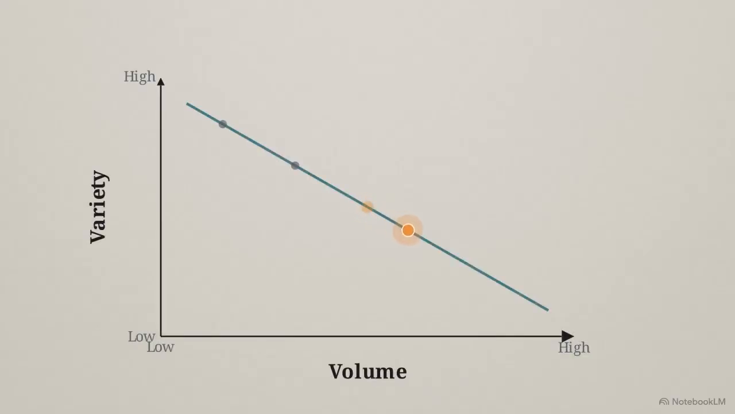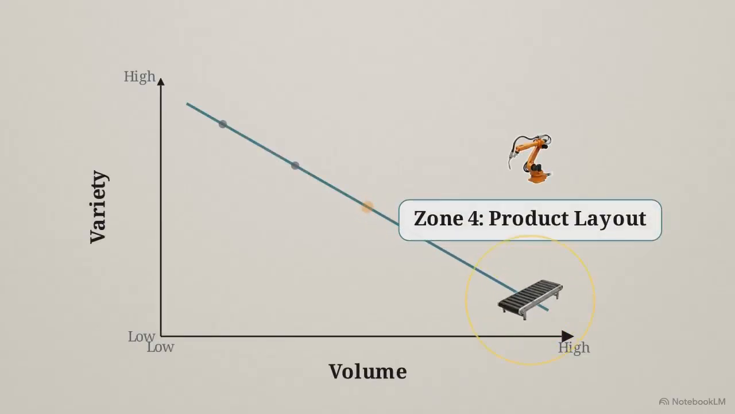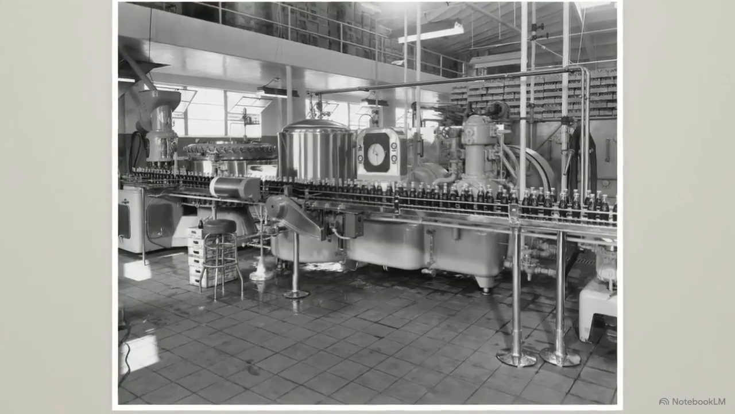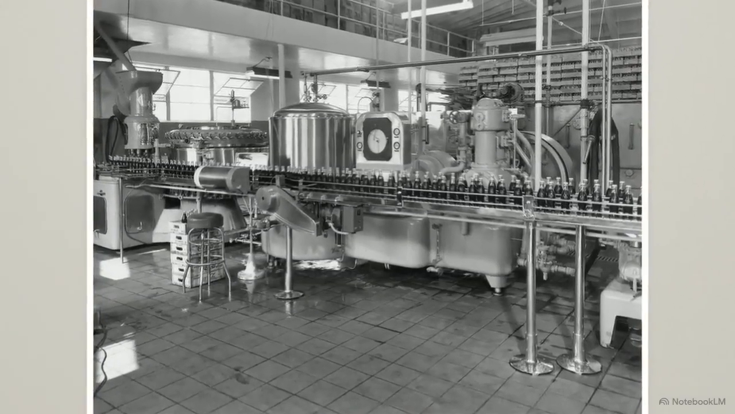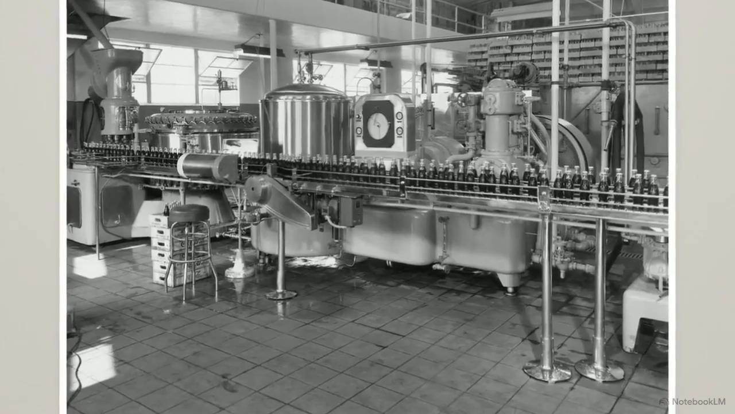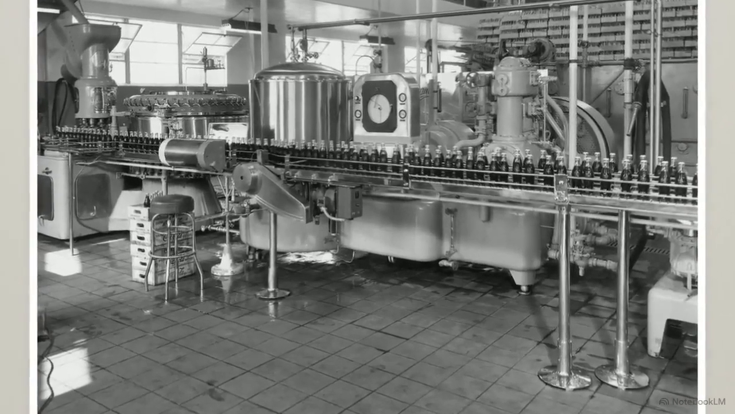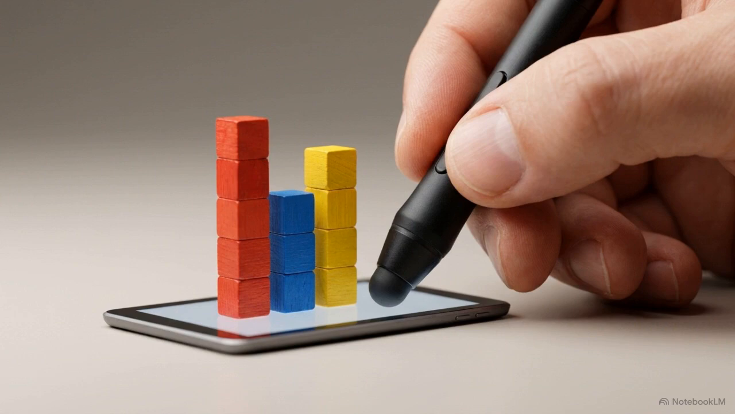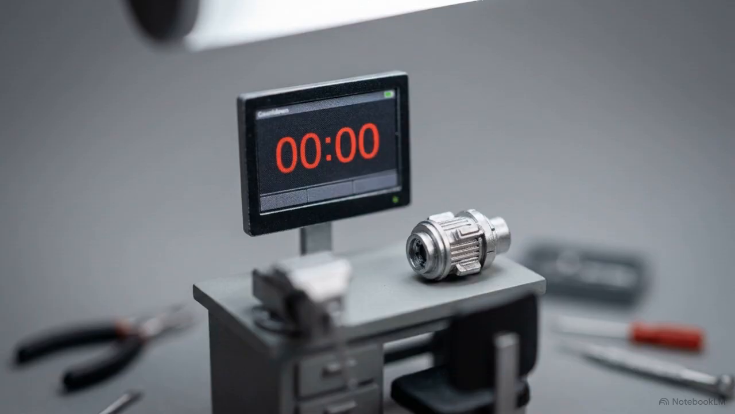At the bottom right of the matrix sits Zone 4, the product layout. Here, transforming resources are arranged in strict sequential order according to the steps needed for production. This creates a continuous, unbroken line of identical transformed resources, typical of mass manufacturing or high-speed bottling operations. The optimization challenge here is line balancing. The required market output rate dictates a strict cycle time, the maximum allowable time frame for each sequential workstation to